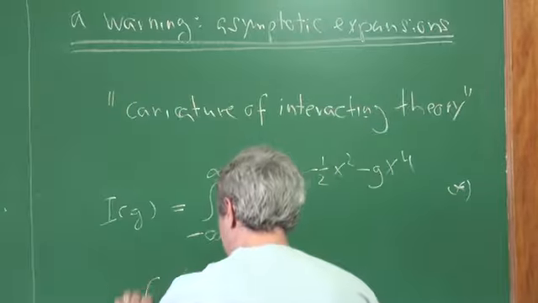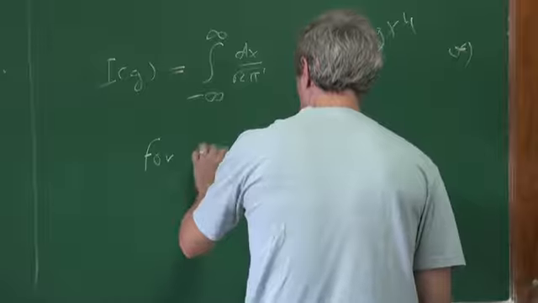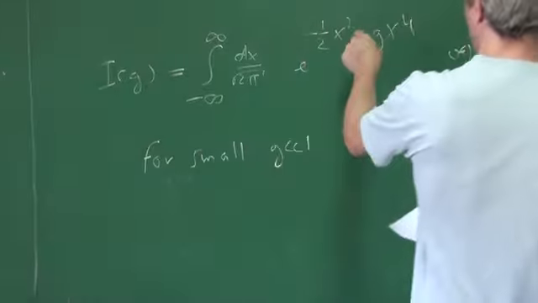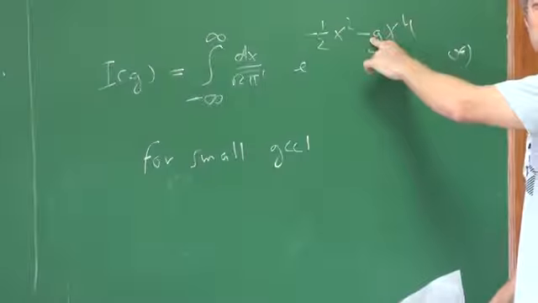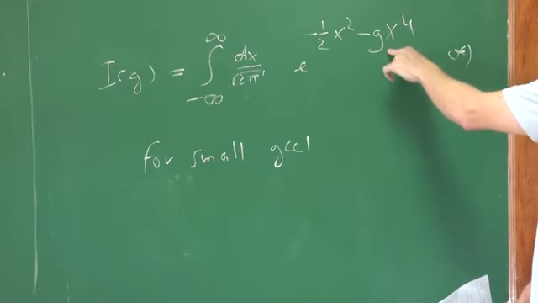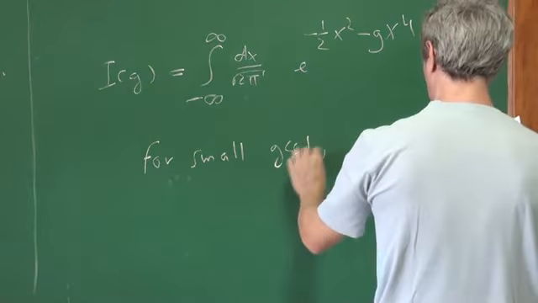So the basic idea when we formulate our perturbation theory is that we say, well, if the coupling strength for the interaction is small, let's say you have a dimensionless parameter which is much smaller than 1,